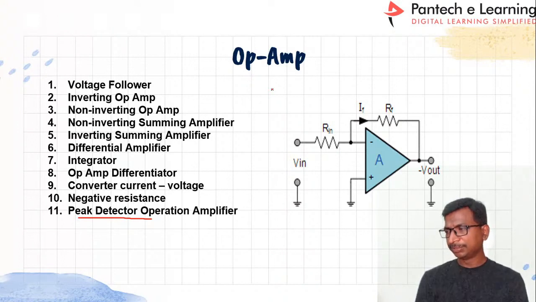Yes, so IC 741 is the best example of an op amp. Any other? Yeah, IC 741 series. Any other series? Okay, thank you for your comment. So now let us understand, the IC 555 timer is not an op amp.